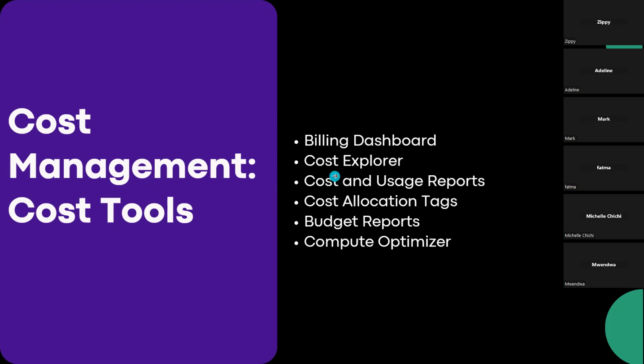Then budgets we discussed. The other thing is cost allocation tags, and this is just a tool that is provided to you to help you to better track your costs. So for example, if